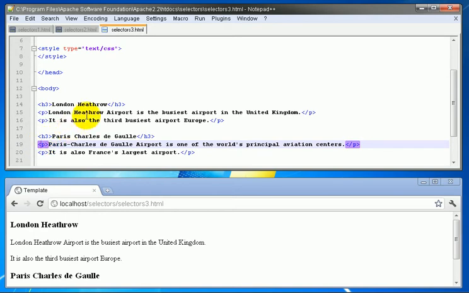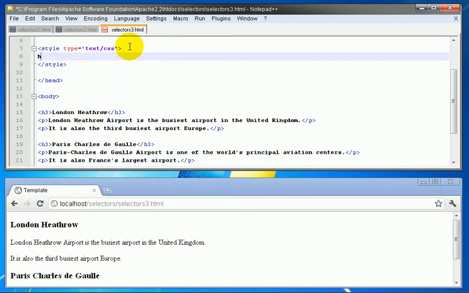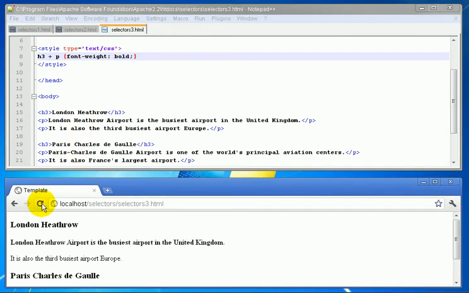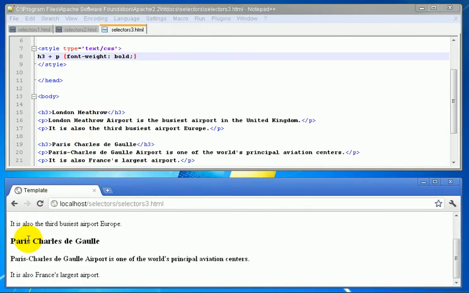I'll start by specifying the H3 selector inside the style element. Then I'll add the plus symbol and the name of the adjacent element. In our case, it's the P element. To change the paragraph to boldface, I'll specify the font weight property between the brackets and set the value to bold. After refreshing the page, we can see that all paragraphs that directly follow H3 elements are now displayed in